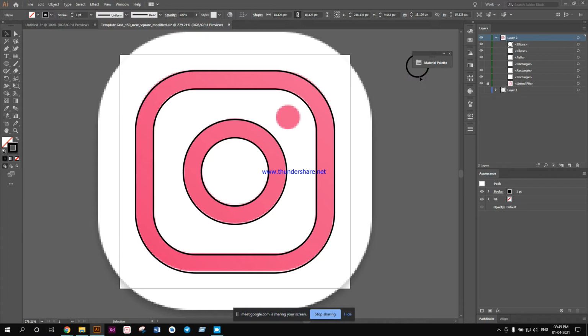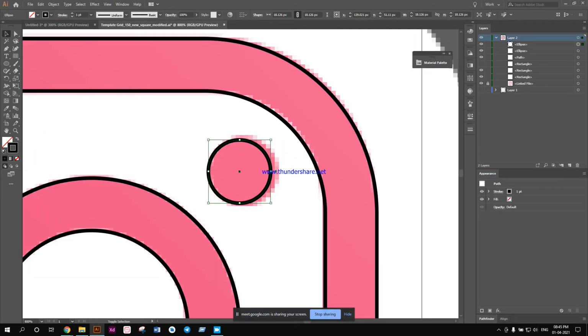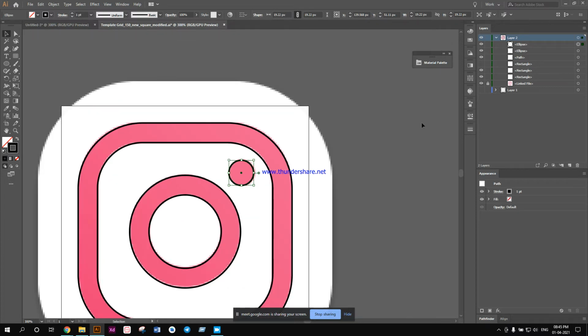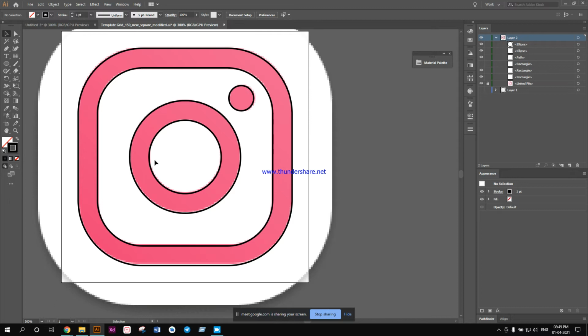Now I have to just place it. Now I'm just going to extend this to the right side. Shift and click and hold outwards. Press shift, then click and hold outwards to keep the shape intact. Otherwise, it is an ellipse tool basically with the radius the same. That's why it is a circle. So if you do not press the shift, it will turn into an ellipse. Okay. So that's why you have to press and hold the shift.